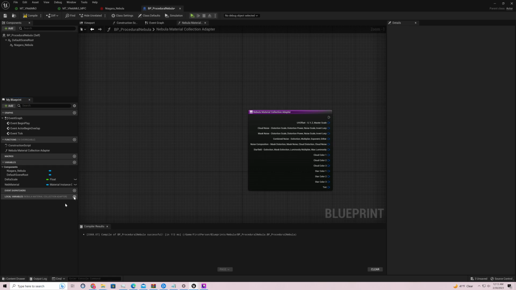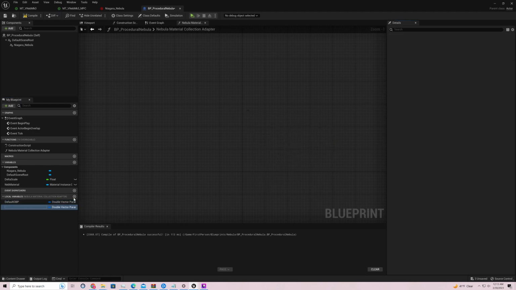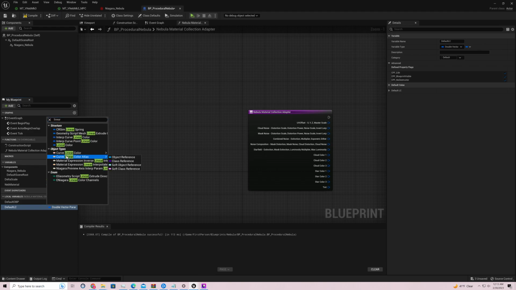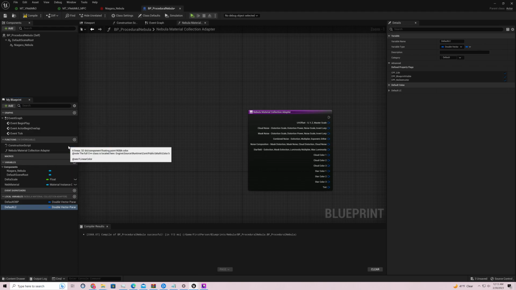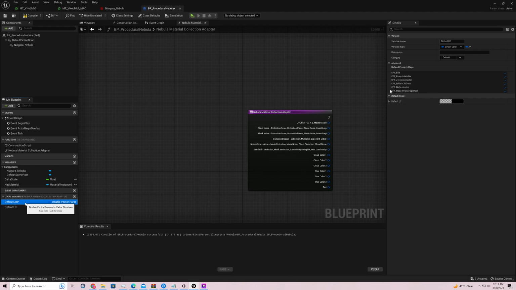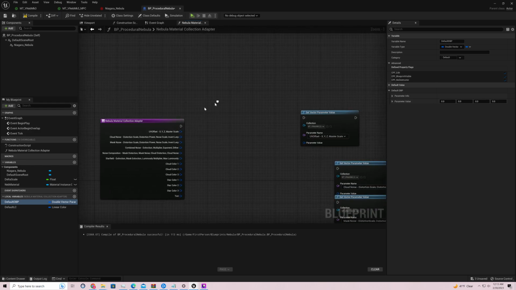Default DVP. Default LC. This is going to be linear color. Default linear color add 0, 0, 0, 0, 0. Perfect. Default this 0, 0, 0, 0. And then we just say